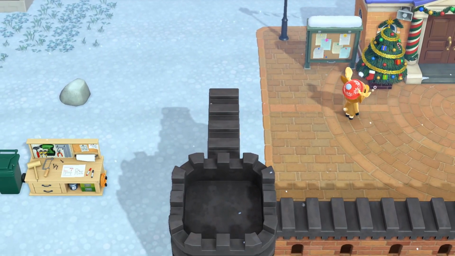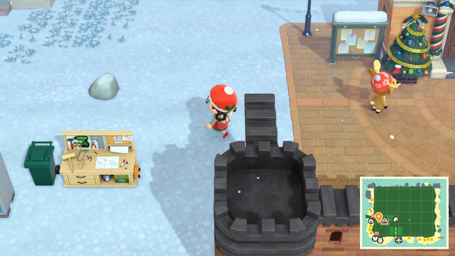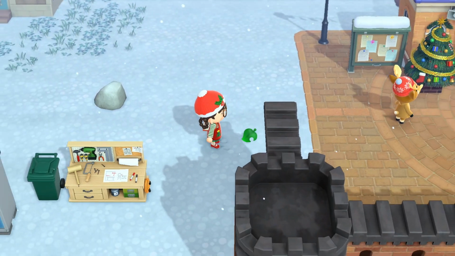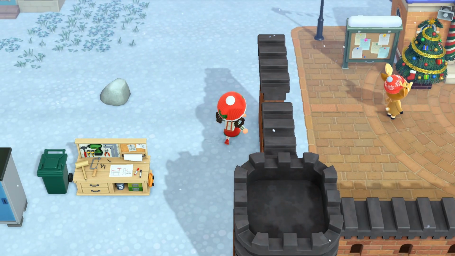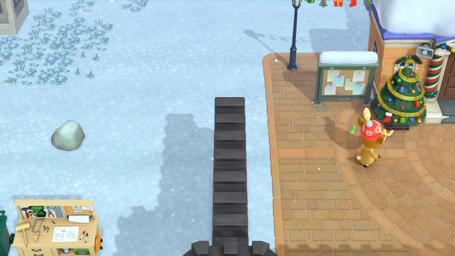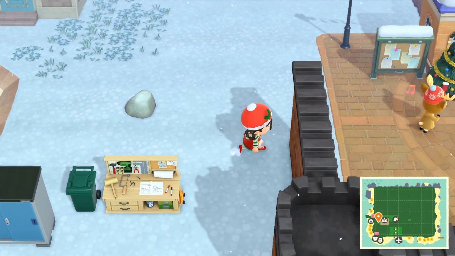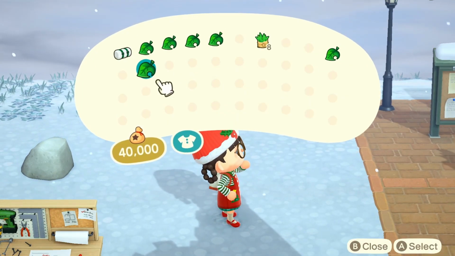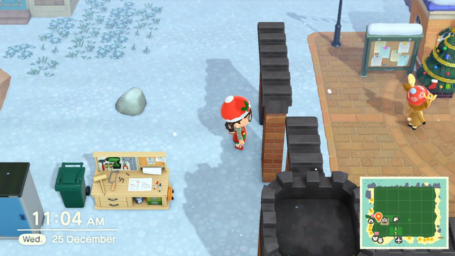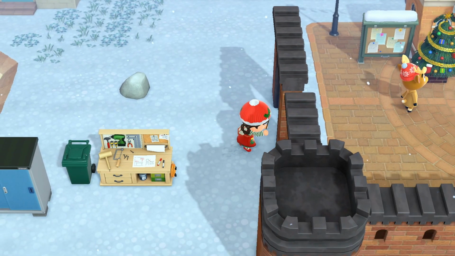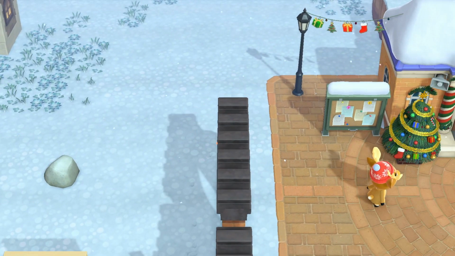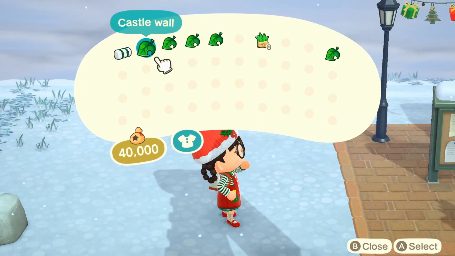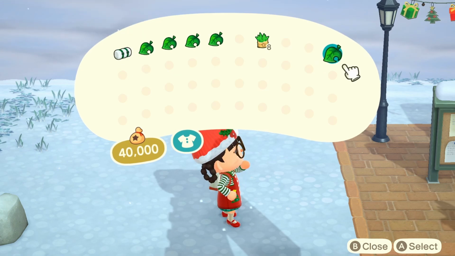Initially I wanted to have two directions you could walk out of Resident Services from, but in the end result, you're going to see that on the left hand side of Resident Services I'm eventually going to take out that castle arch, so you're just going to have to walk out of it one way on the bottom side of it. And this is when all things still look fine, but